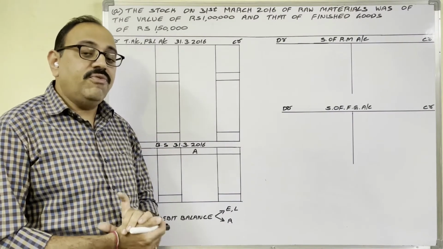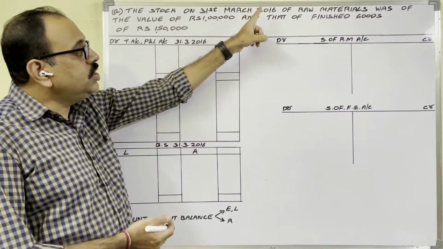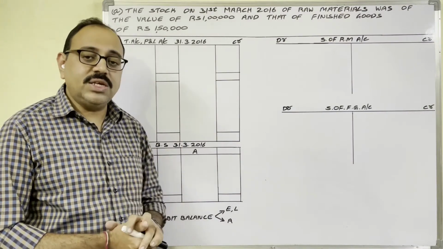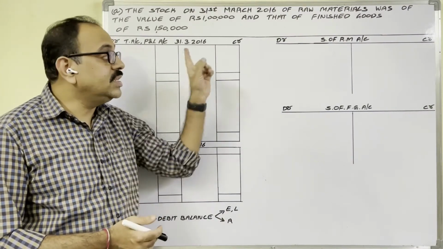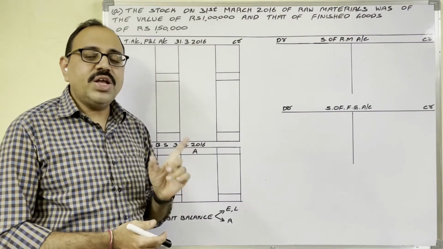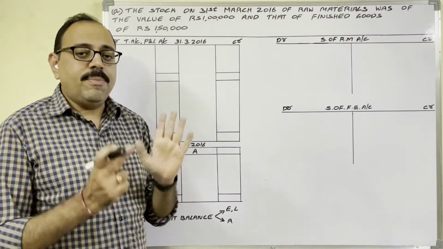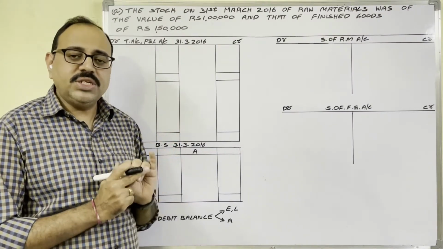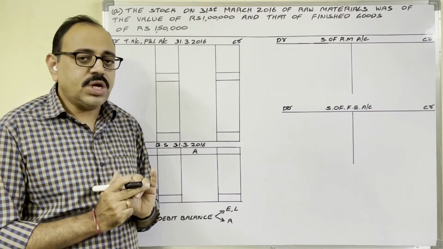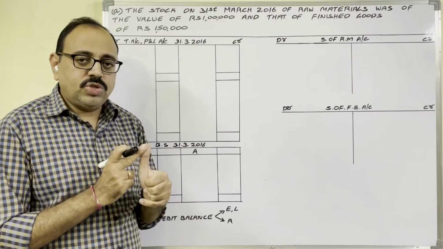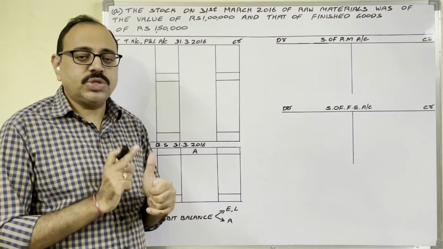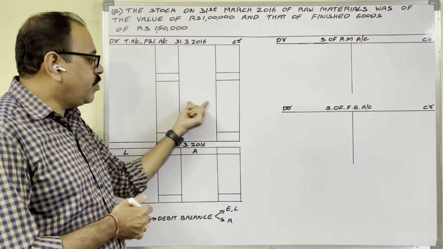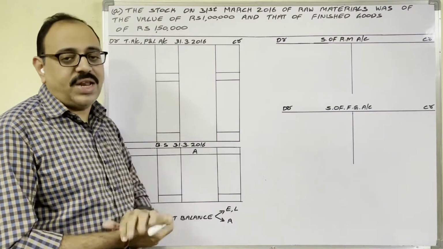In final accounts, where do we show this? He is giving closing stock of raw material and closing stock of finished goods. Closing balance of raw material is given in the question, which means we should understand that this is a manufacturing concern. Manufacturing concerns' final accounts include manufacturing account, trading account, profit and loss account and balance sheet. But generally nowadays they are not preparing a manufacturing account, so manufacturing related expenses are also shown in the trading account only. So my assumption is they are preparing trading account, profit and loss account and balance sheet as their final accounts.